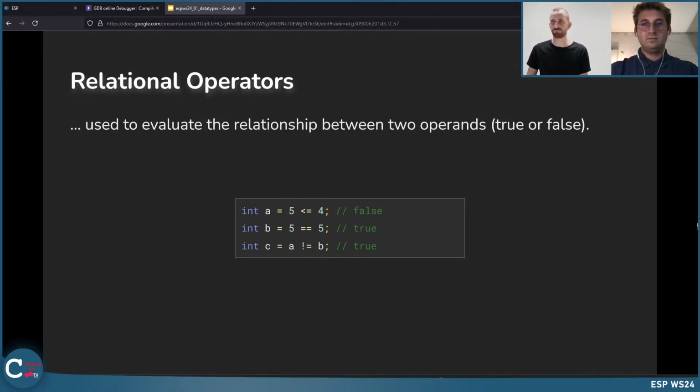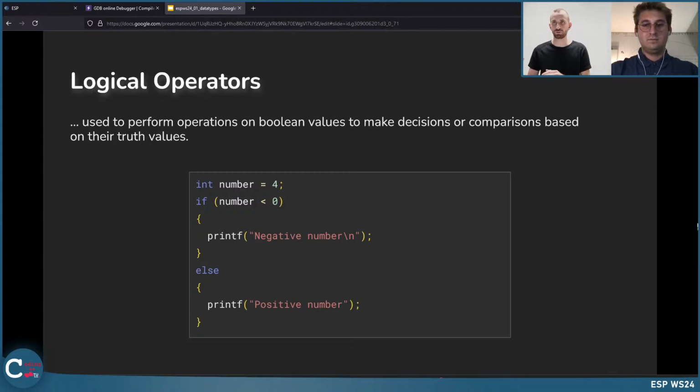So you can see here, maybe this is not a very useful example, but there are some operators and you can use it, and we will discuss that in the next lecture. You can use it for logical operations. You can write something like if and else statements. So if something is true, then execute this kind of code. If something is not true, then execute this kind of code, depending on the situation. In this case, if the number here is smaller than 0, so it's a negative number, print out it's a negative number. If it's higher, print out it's a positive number.